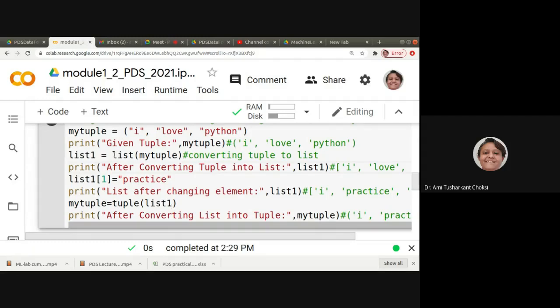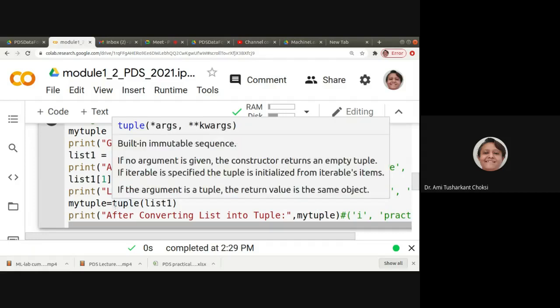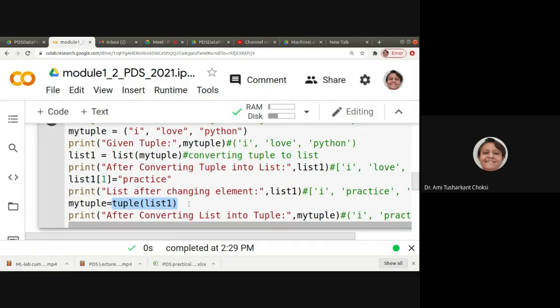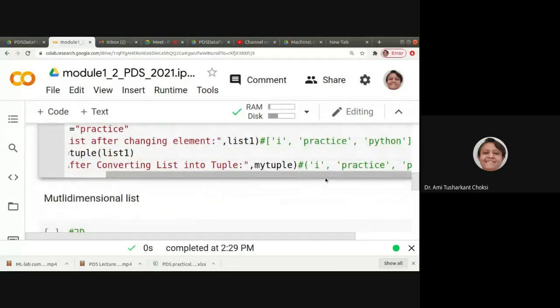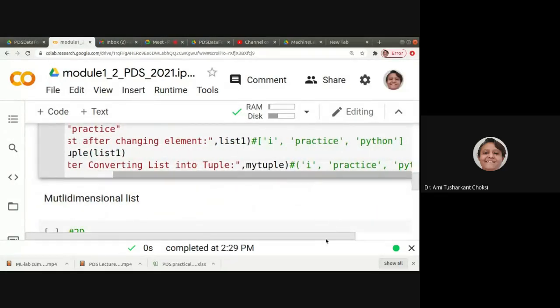Here, when we converted to list, that was list of my tuple, and for converting it to tuple, we are having tuple of list1, right? And after converting, what we'll be getting is the modified tuple with the element change, right? So it is "I practice Python," okay?